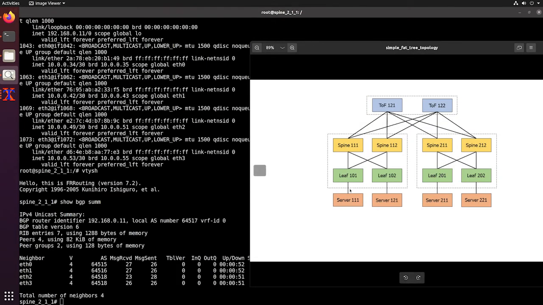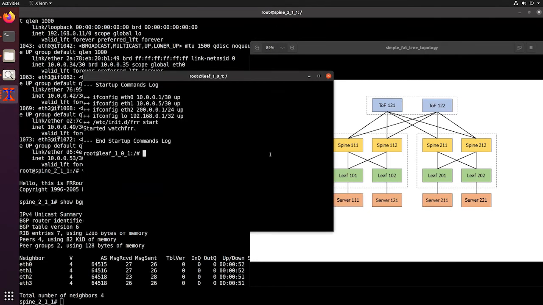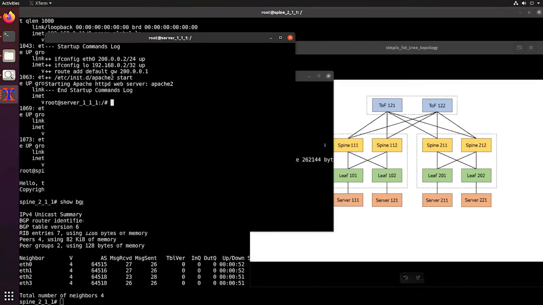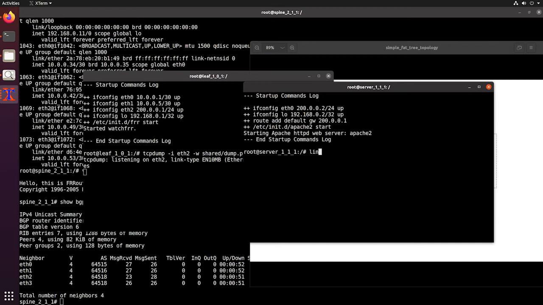Now, I'll open a web page hosted on server 211 using links from server 111. First, I start tcpdump on Leaf 101 interface eth2, which is the interface connected to the server 111. This command writes a pcap file in the shared folder that is shared with the host.